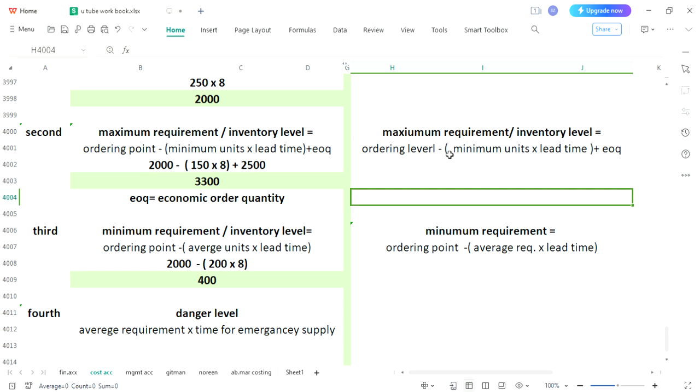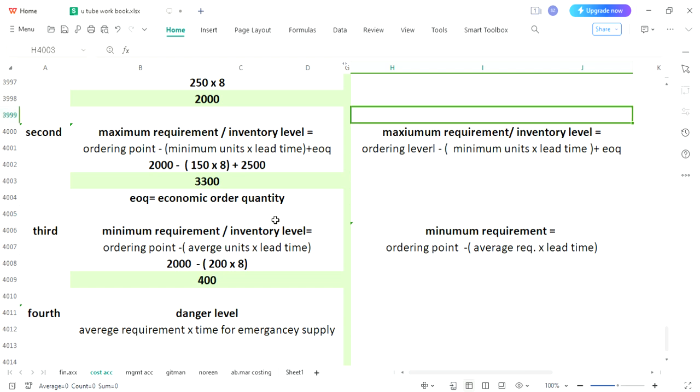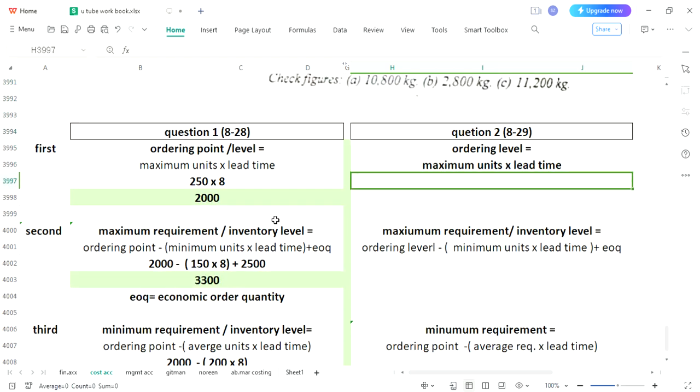And danger level formula, as you have understood that we need average requirement, it would be multiplied by time for emergency supply. And I have seen the requirements, danger level is still not required in the question, so you may leave it. Okay, so it's time to put values in our formula, and for which what we need is maximum